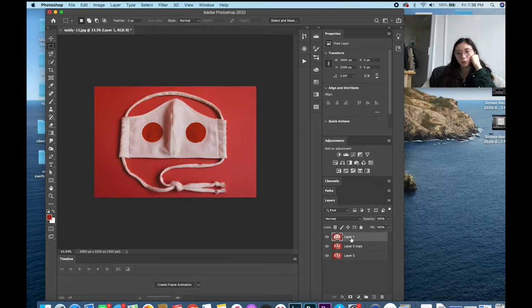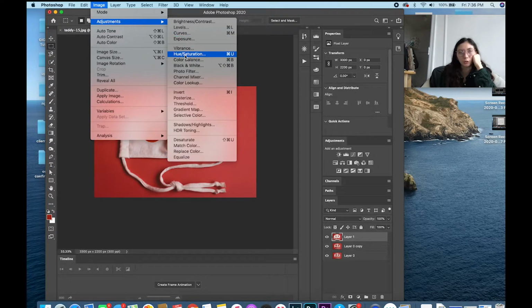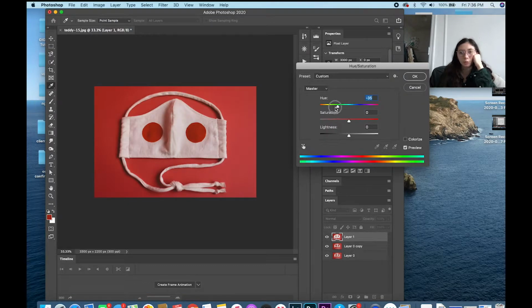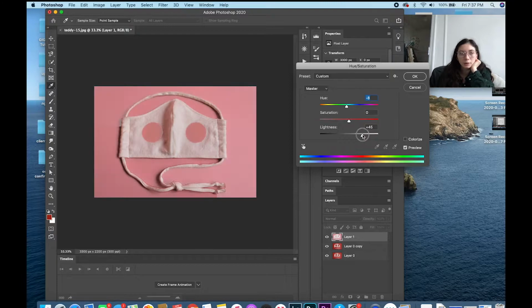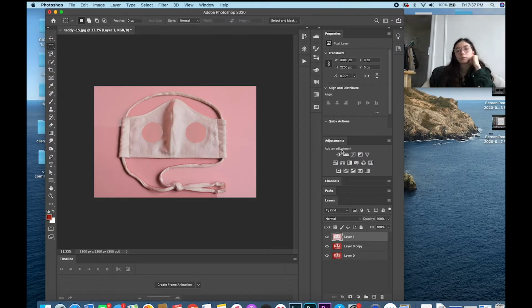So this is gonna be super easy. On this layer, we're gonna go into Image Adjustments and Hue and Saturation. And this is super fun. So yeah, it just changes it to whatever you need basically. We have a pink one that they're selling, so I'm gonna try to get it to a nice pink color. Okay, so now that we have it at a nice pink color,